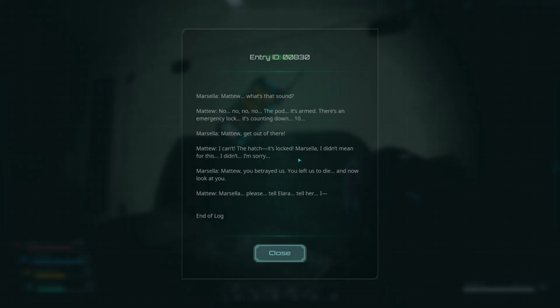Matthew, what's that sound? No, the pod, it's armed. There's an emergency lock, it's counting down. 10. Matthew, get out of there. I can't, the hatch, it's locked. Marcella, I didn't mean for this. I didn't, I'm sorry. Matthew, you betrayed us. You left us to die. And now look at you. Marcella, please tell her, Lara. Tell her I love...